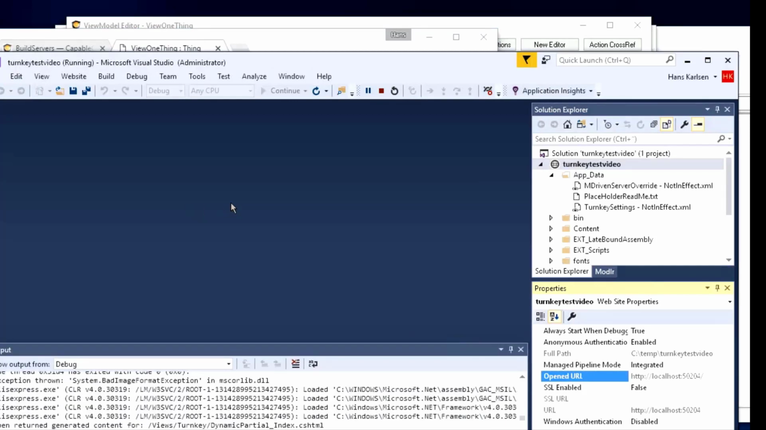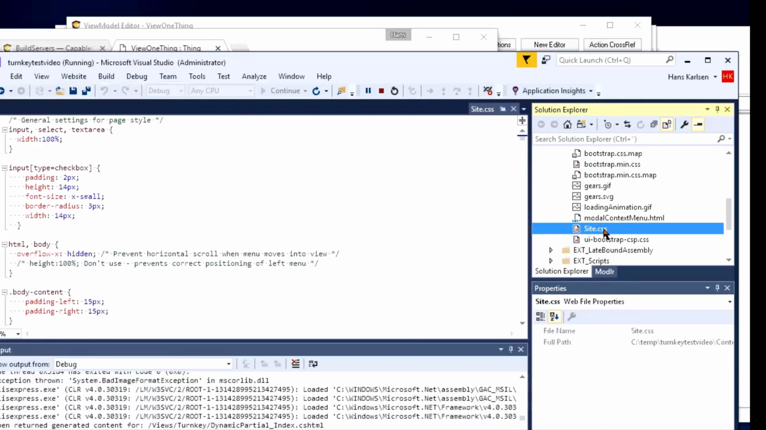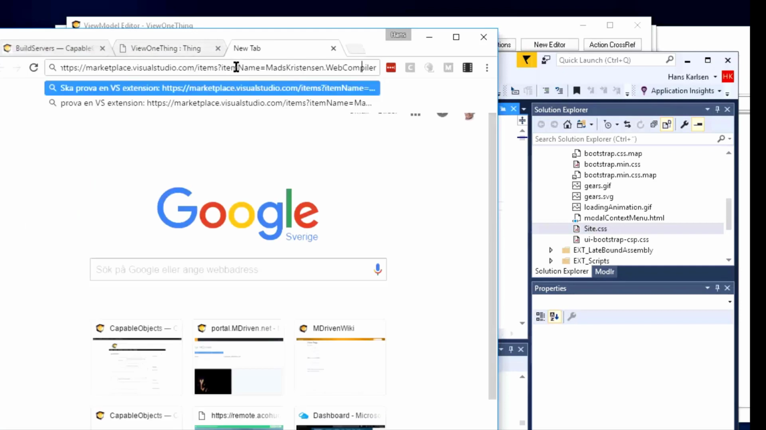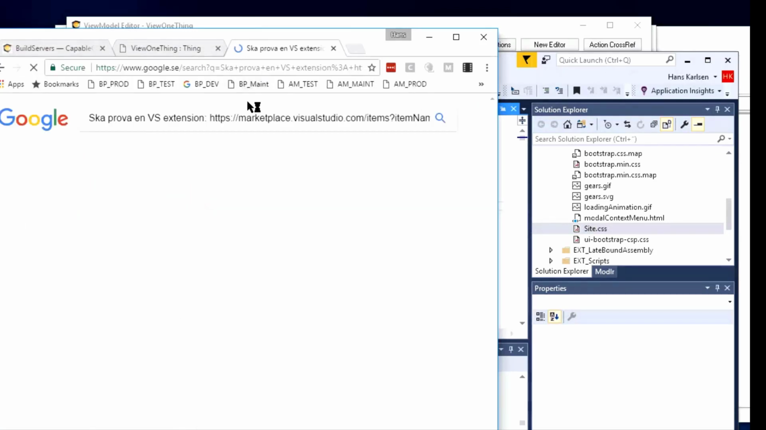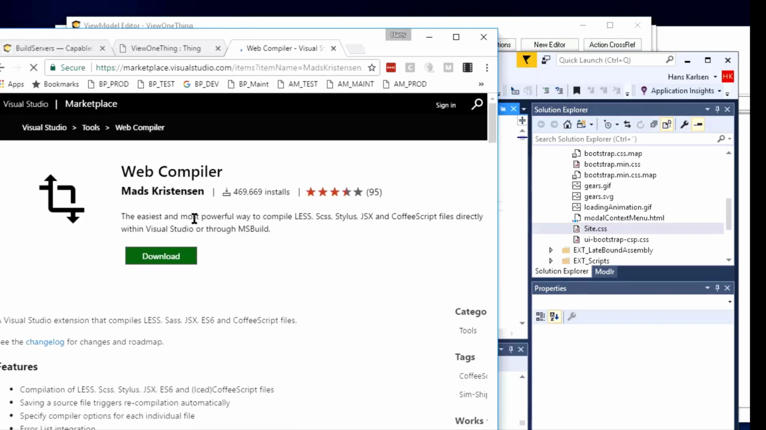And actually I installed a tool called... let's see. Yeah, I found it. It was called the web compiler. So let's see if we can find it again. Web compiler, Visual Studio Marketplace. So if you just Google that and install this, what it does is allows you to work with